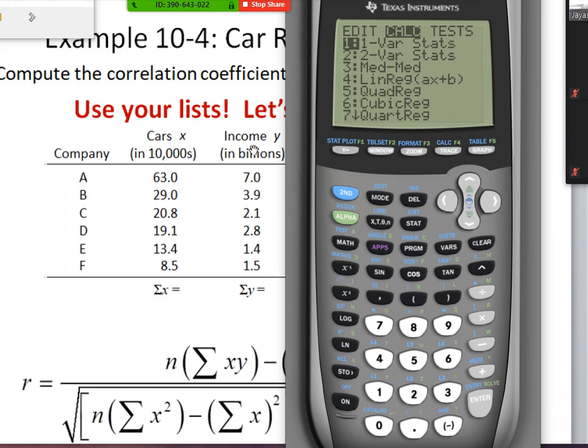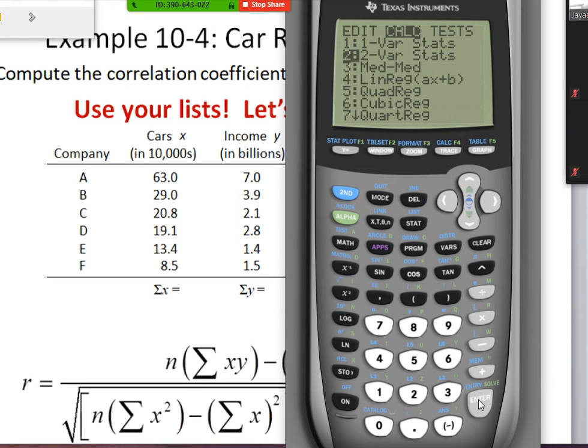We have cars and income. They are not the same thing at all. They're totally different. Cars, X's, income, Y's, 2 totally different things. So now we have 2-variable stats. So go down to 2-bar stats